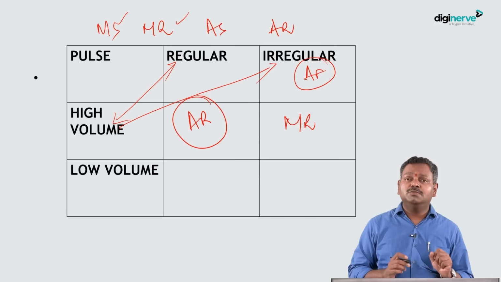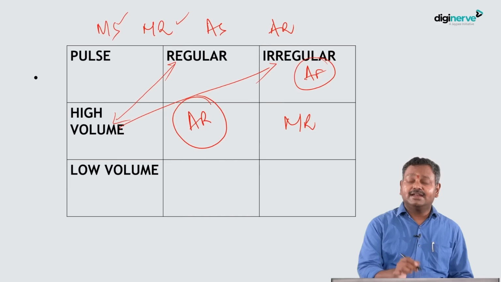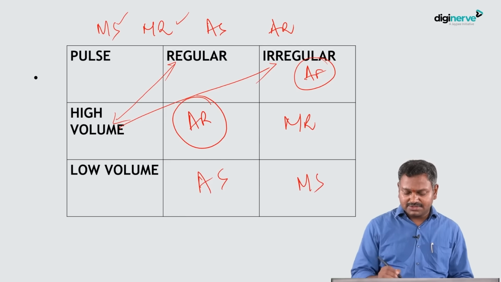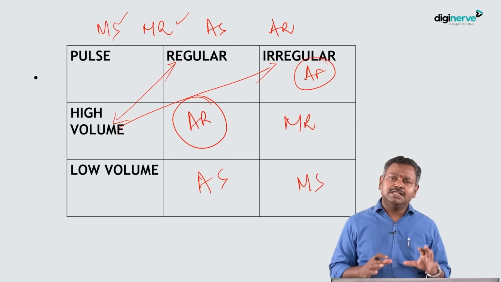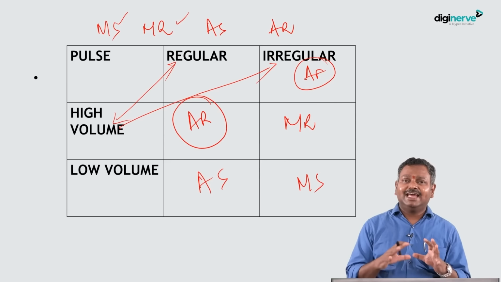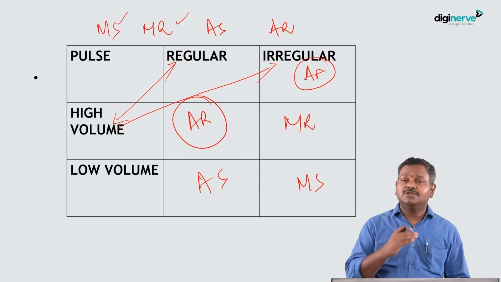Now, coming on to the low volume pulse, the two valvular heart diseases that we have are AS and MS. Regular, aortic stenosis; irregular, mitral stenosis. So, by looking at the pulse rhythm and the volume, we can narrow down our diagnosis to some of these possibilities. That is how, if you examine the pulse carefully, you can narrow down